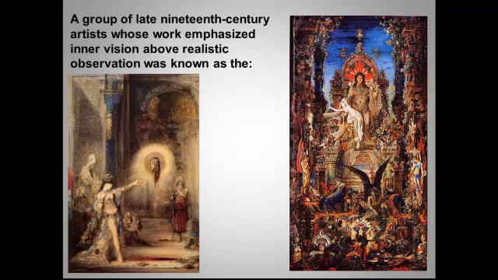This was a while ago and we went through it quickly, but this is a group of late 19th century artists. Notice the painting style on the one hand is more representational, but the subject matter is highly fantastical, reflects the inner mind. As a hint, you can find these in your book and you'll see immediately what movement they are. But my hint is that Henri Rousseau was also sometimes thought to fit into this group. We're talking about sort of inner mindscapes. I like Rousseau better than these two, I confess.